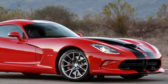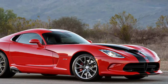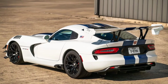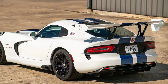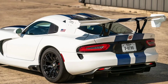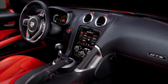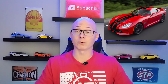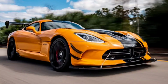Now the Viper will do 0 to 60 in 3.4 seconds. That is absolutely phenomenal. And for a starting price in the low to mid 90s brand new, this was a bargain deal. Now, this car has been discontinued, but you can still find them on the used market. The problem is that that $90-some thousand price tag is now looking anywhere from $120,000 to $150,000. Now, if you went with the ACR model, which is the top of the line track edition, you're looking between